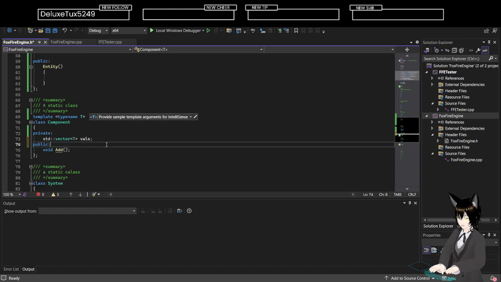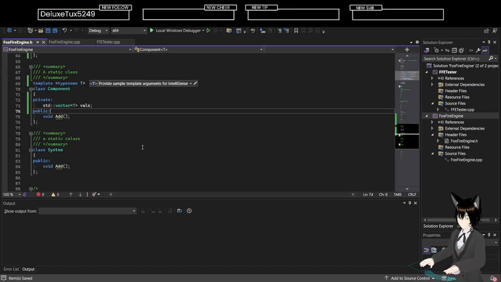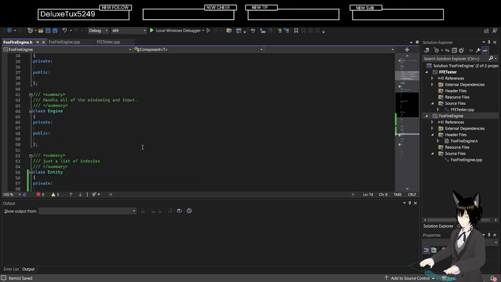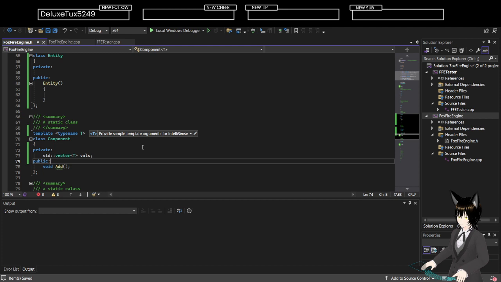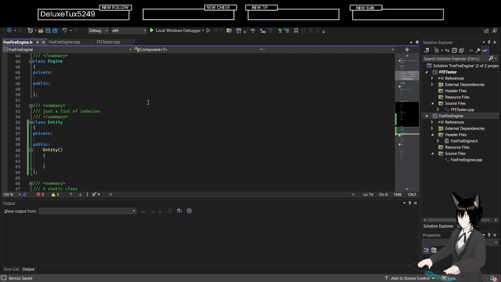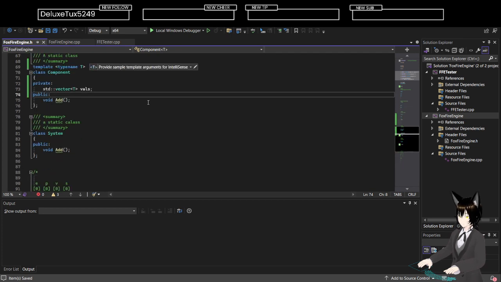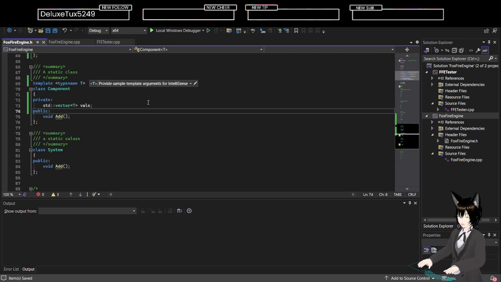Then again, I'll just delete that for now and see how everything works out. Because I want to be able to add in things, because I could make entity, right? Because I want to have,